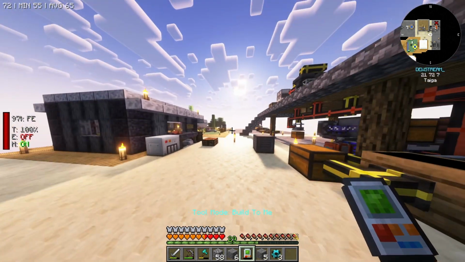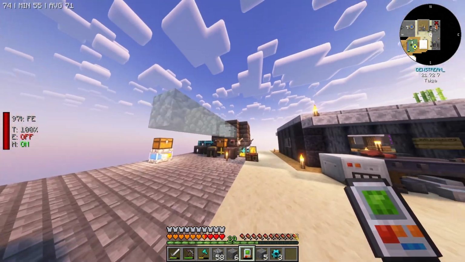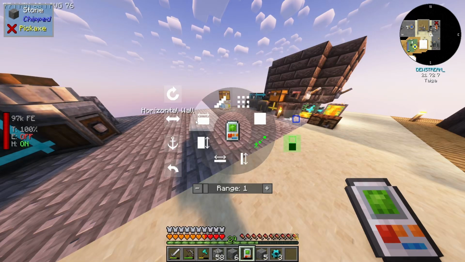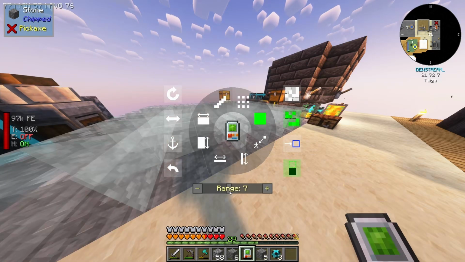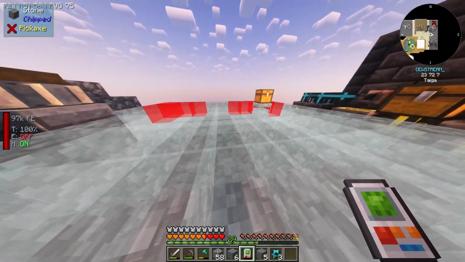What that means is if I look somewhere, it's going to try and place blocks towards me, right? Which is very good for building. It's super good. What we're going to do is change this to horizontal wall. We'll do surface. And I'm going to change the range to be like, we'll do like 9, right? So as you can see, it's going to place a big area